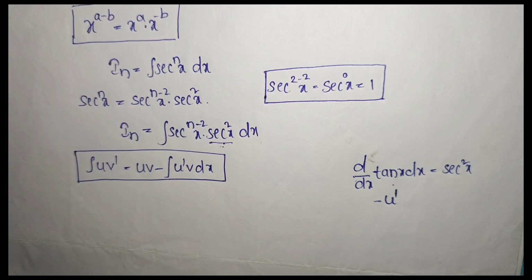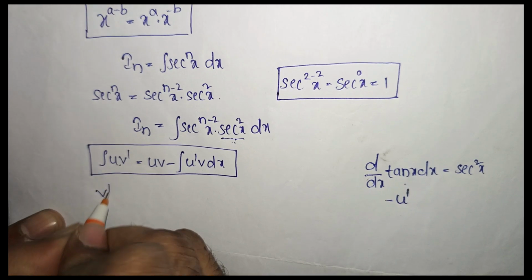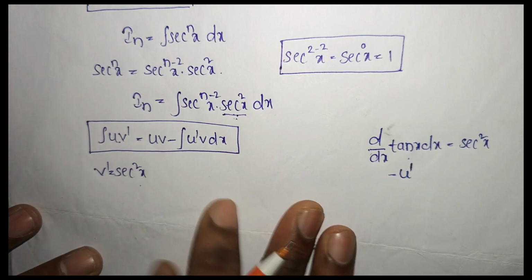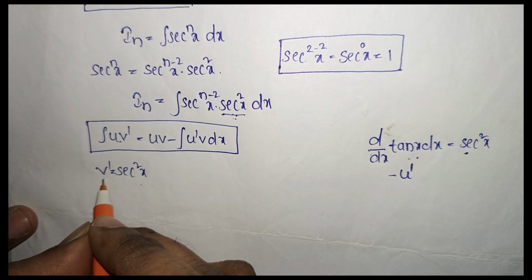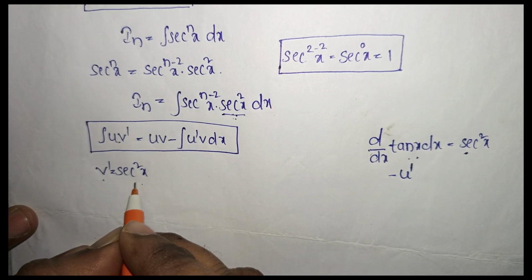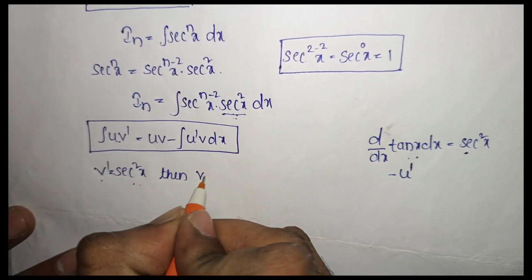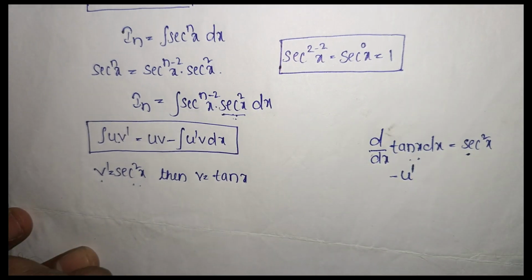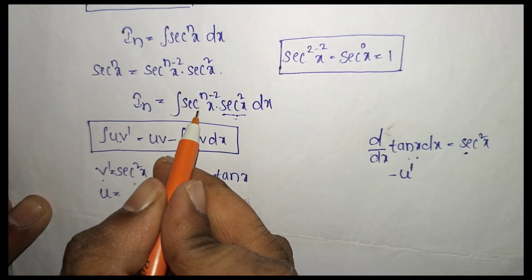So what is v dash here? v dash is secant square x, because it is the derivative of tan x. Hence the derivative is written with a dash. So v dash equals secant square x, then v equals tan x. So we got v. Now what is u? u is nothing but this secant